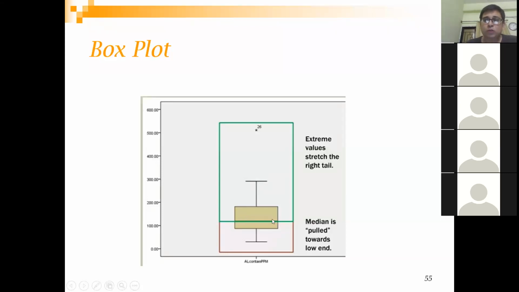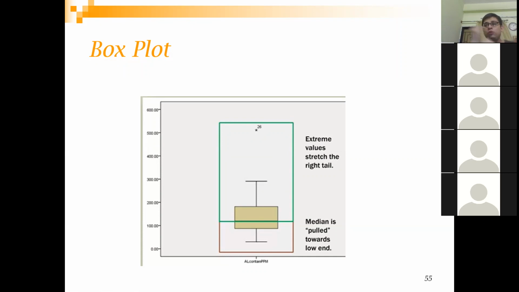Then you will get all these points, and as you get them, you can make conclusions. As I said, you expect the median to be in the middle, but if it is not in the middle, that means the median is the middlemost value. If it is lower in the box, you have more low values than high values. If you have more high values, it will be up somewhere here. On the other hand, as this line is longer than this line, that tells you that you have higher values, and these higher values are extreme. So the lower values are more, but the range is small. But higher values are fewer, but the range is high.